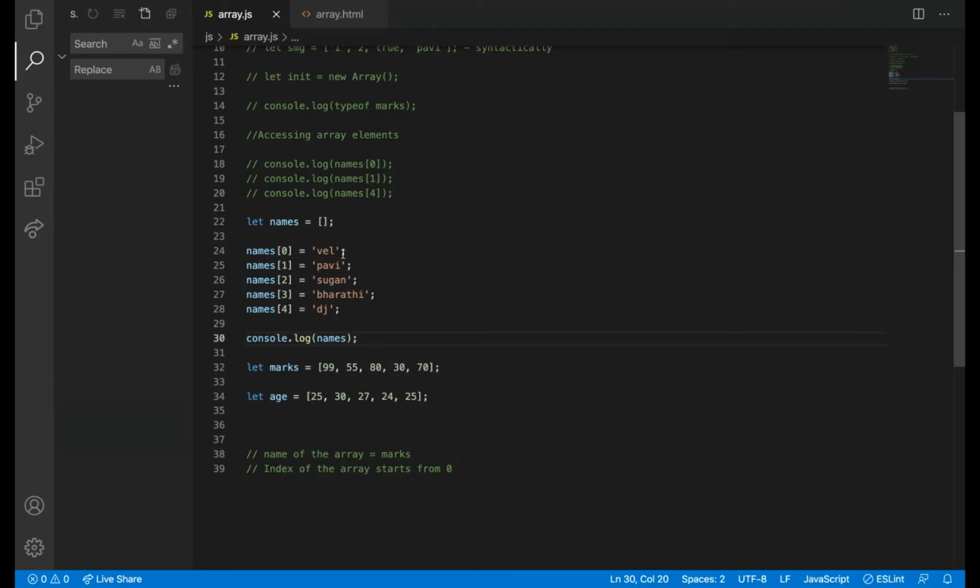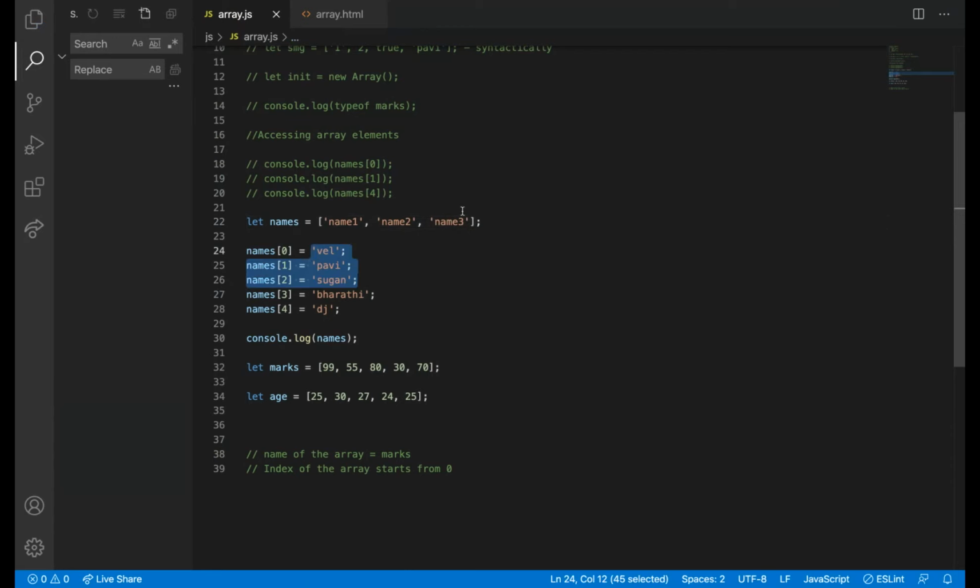So we can also add elements like this. Also, if the element is already there, we can replace it: name 1, name 2, name 3. We can replace. Now it will get replaced.